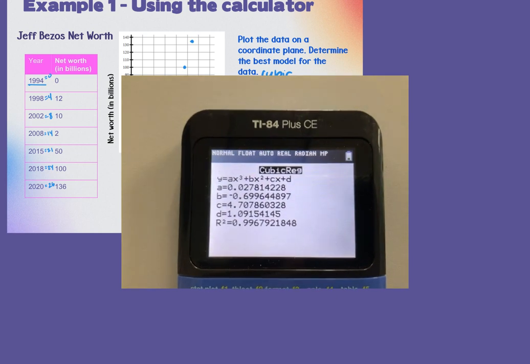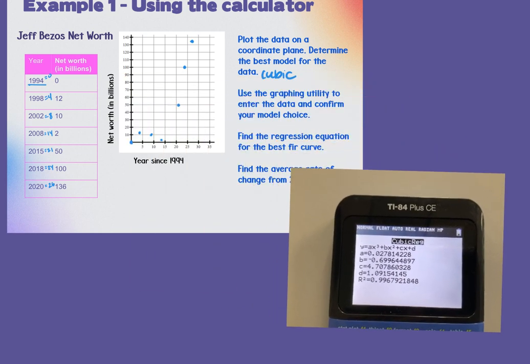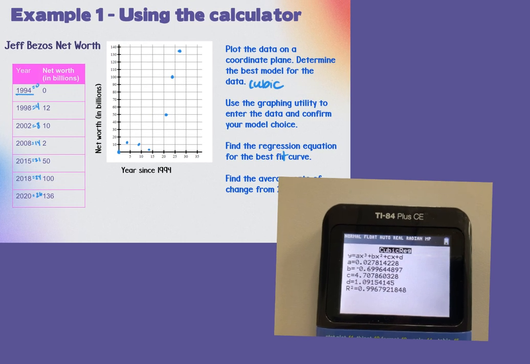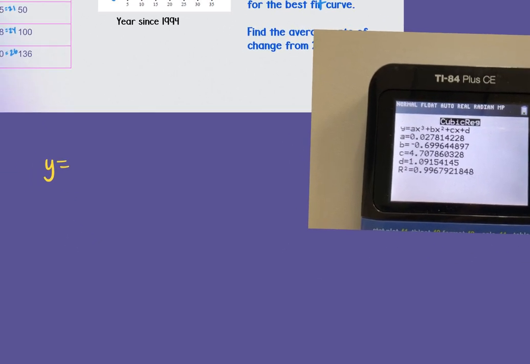Okay, so now when it says find the regression equation for that, this should be best fit curve, not best fur curve. Then this is y equals, or f of x equals, or in this case, if it gave you variables, you could make it A is